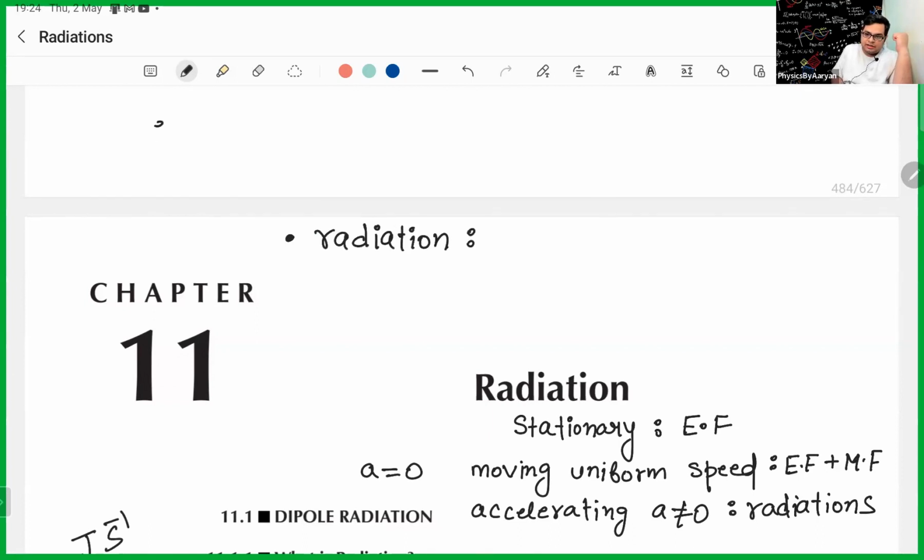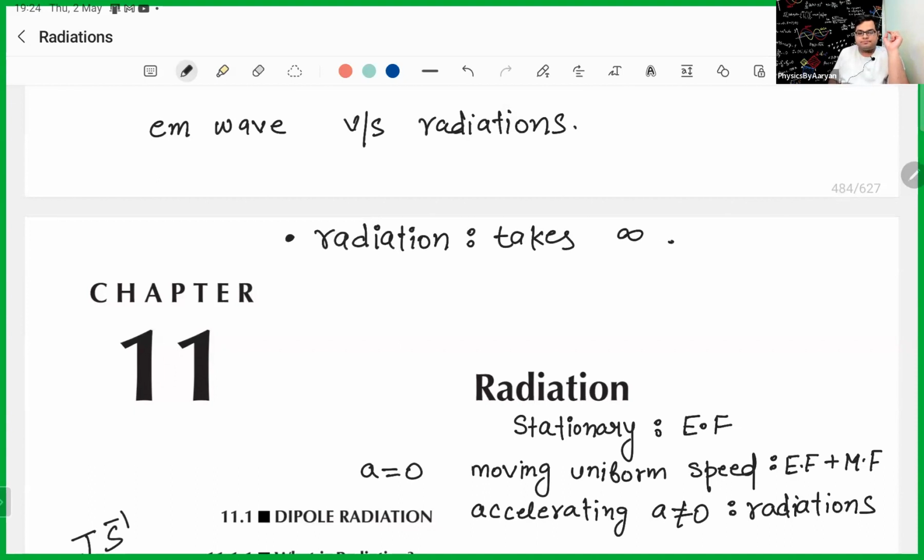Basically, this is the fundamental difference between EM wave and radiation. Many students think that EM wave and radiations are the same thing. The very basic difference between EM wave and radiations is that radiations take the energy to infinity. And if you want to take your energy to infinity, then your power should not depend